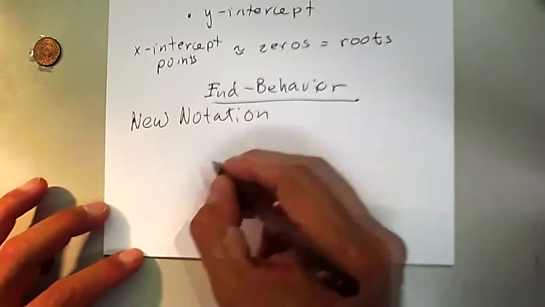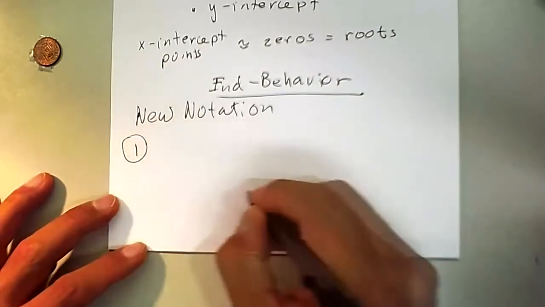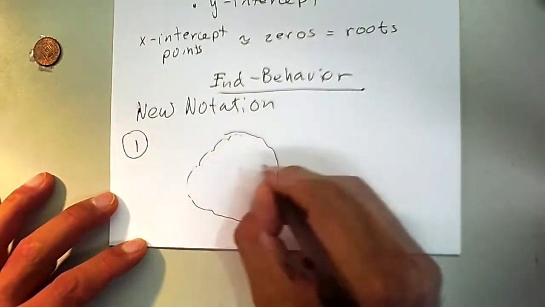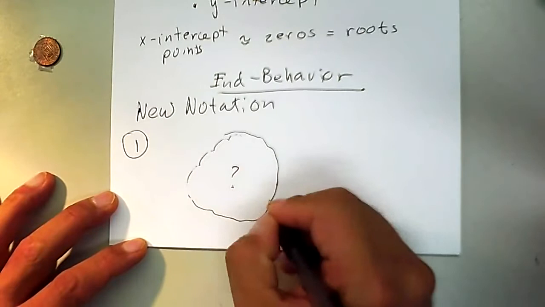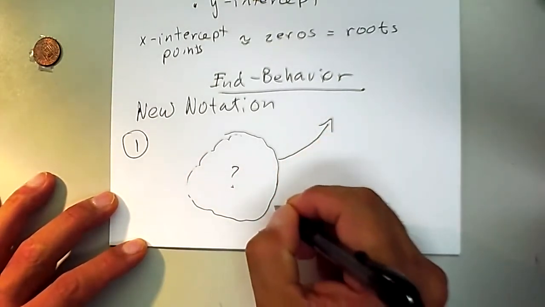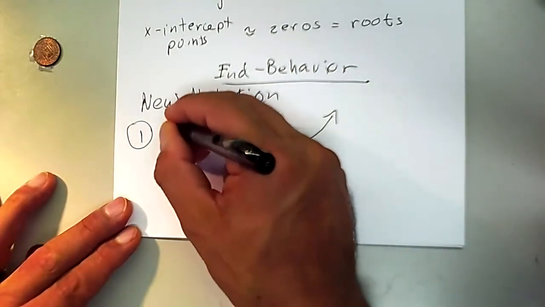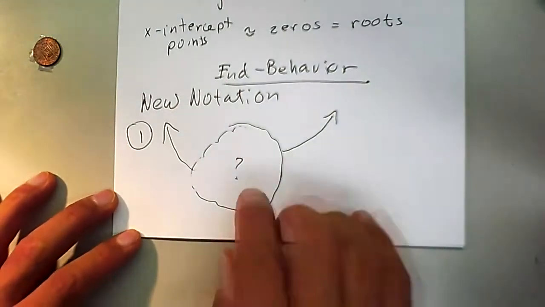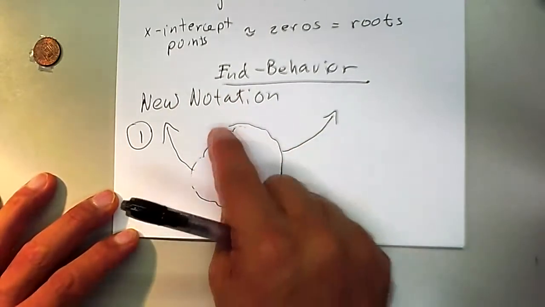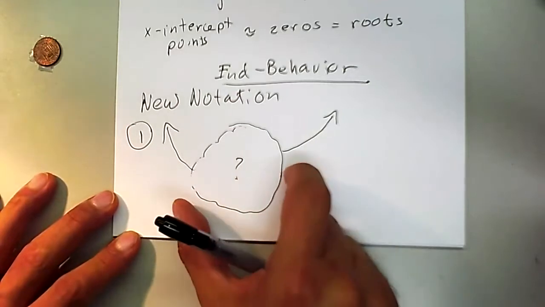Yeah, so pretend you have a function, and we don't know what's going on with that function. Let's do an example. I'm going to put a cloud, so we don't know what's going on here in the function. But eventually, the function does this. And let's say on the left, it does that also the other way. Okay. So what happens in between? We don't know if there's vertical asymptotes. We don't know if it goes up and down. We don't know what happens in between. And by in between, we mean